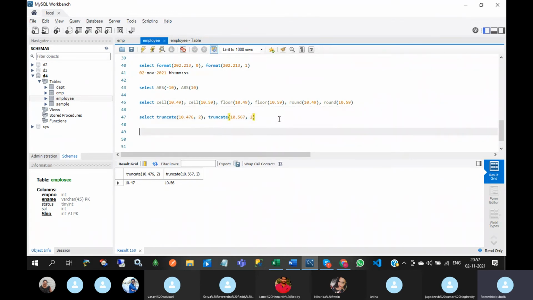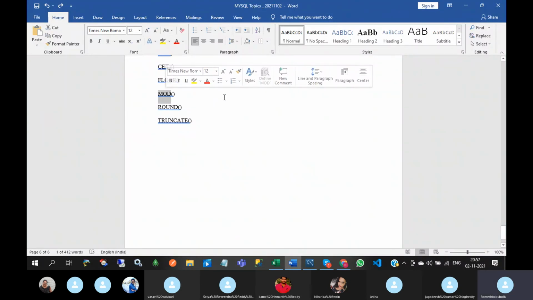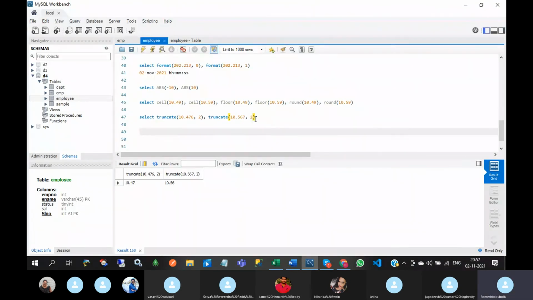So this is about truncate and mod. Mod means it returns the remainder of a number. All of you know that. So mod of, for example, 10, 3. It will return the remainder.